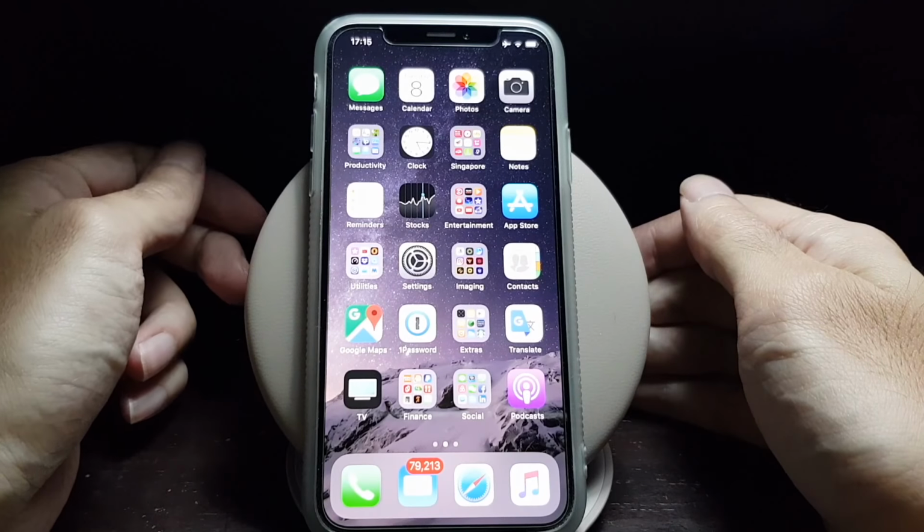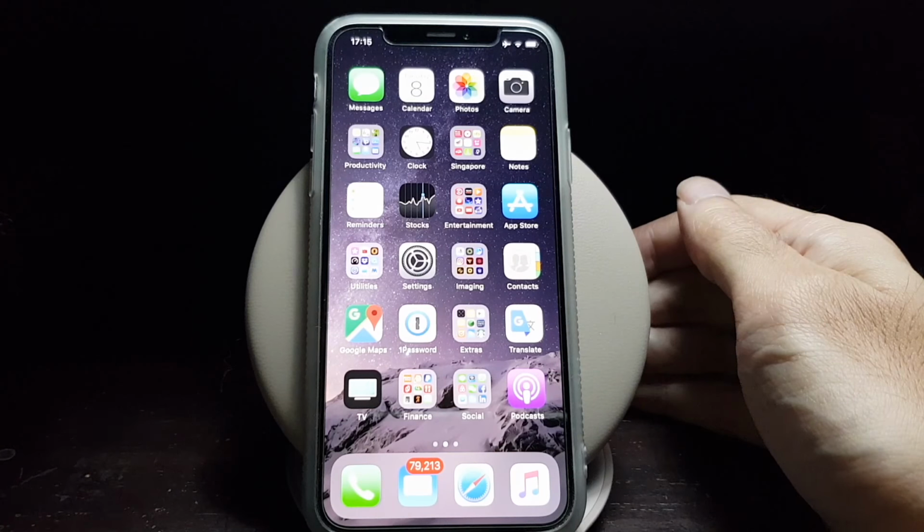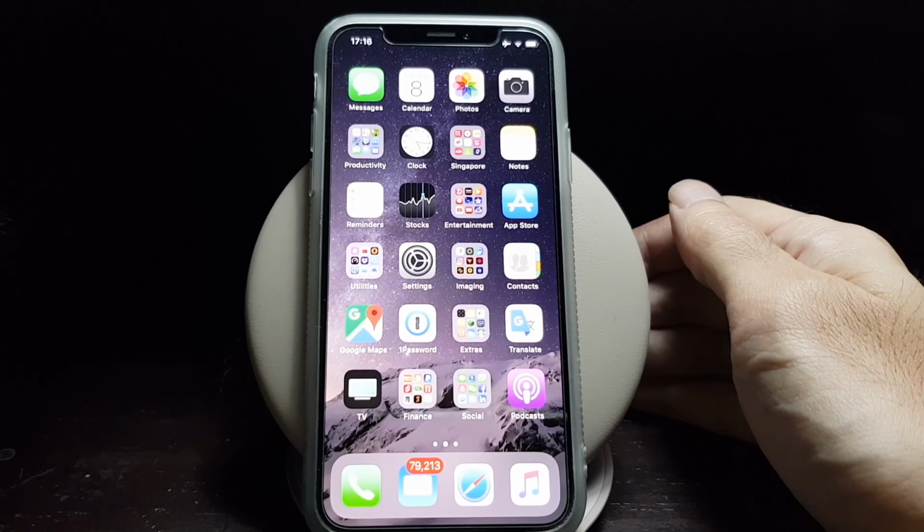The battery life of the iPhone is not very long. At the moment, the iPhone with the longest battery life is the iPhone 8 Plus. Even though it has a large screen, it also has the largest battery in an iPhone. If you don't have an iPhone 8 Plus, there are things that you can do to maximize the battery life